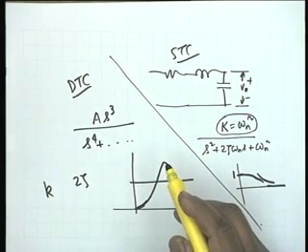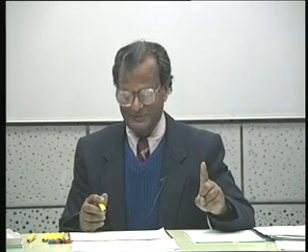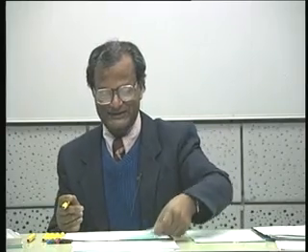at least one maximum, and at least 2 half power points. Yes, there can be 4. We will come to this. There can be 4 also. Alright. We will come to this.